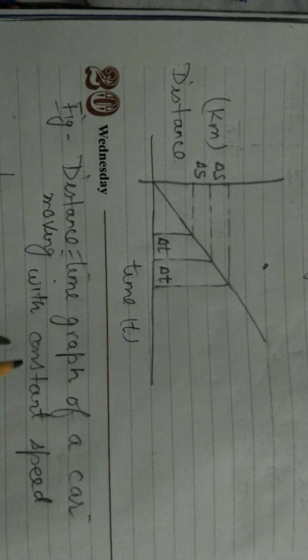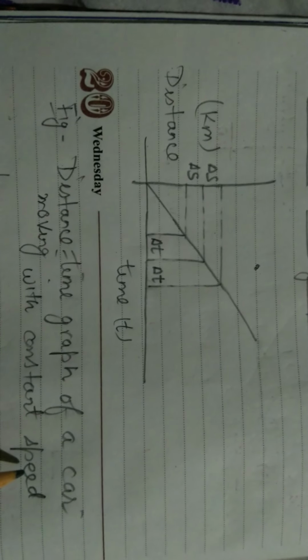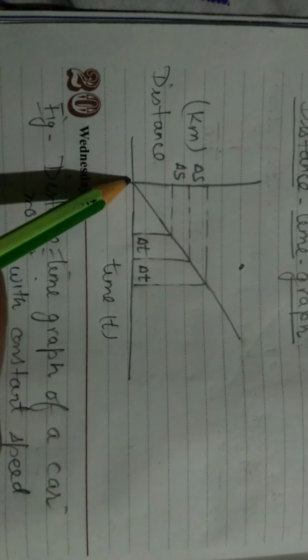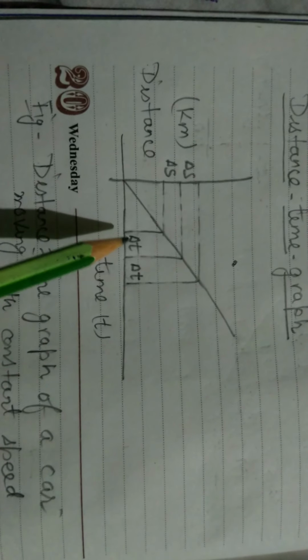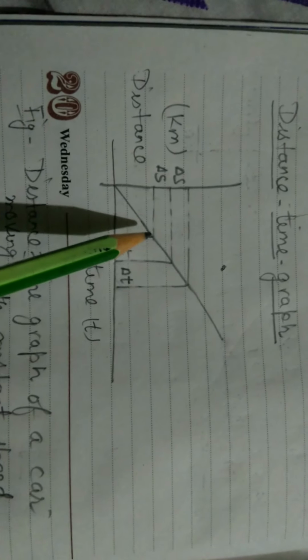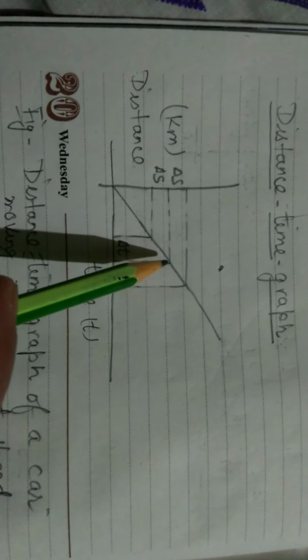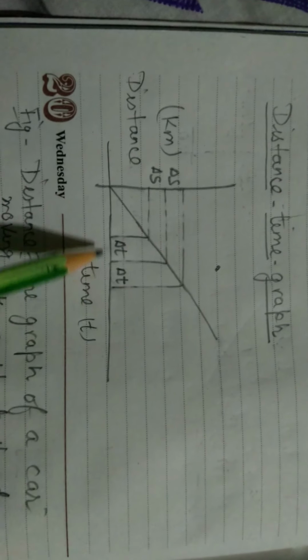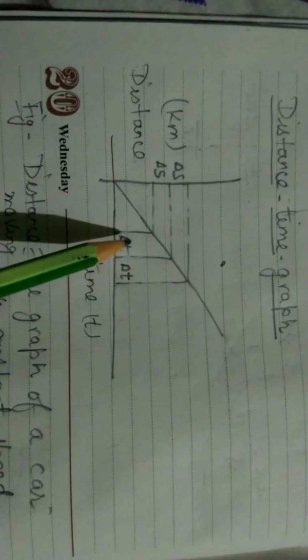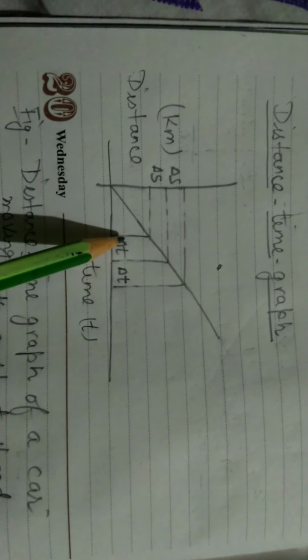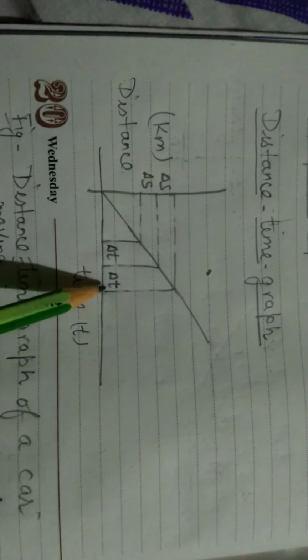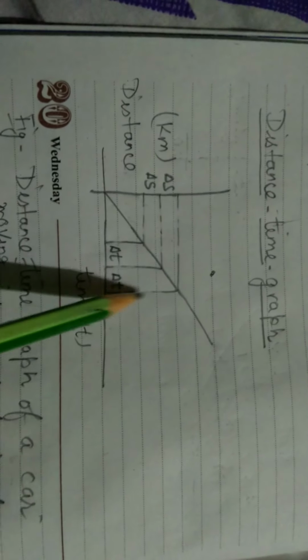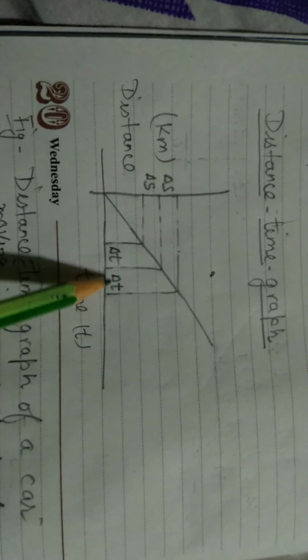What is important here is that the speed is constant, so the graph is a straight line. I will show you how the speed is constant here. We can take two equal intervals of time, delta t, because time is on this axis. At equal spacing, we will draw vertical lines.